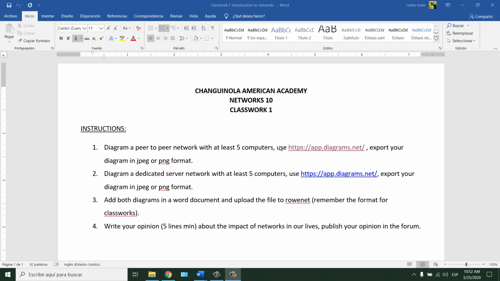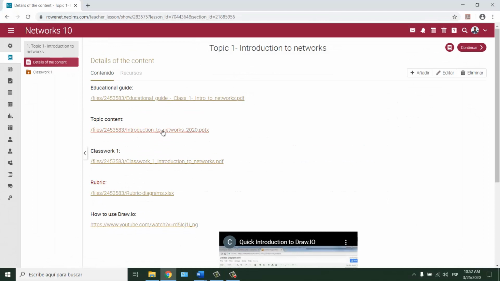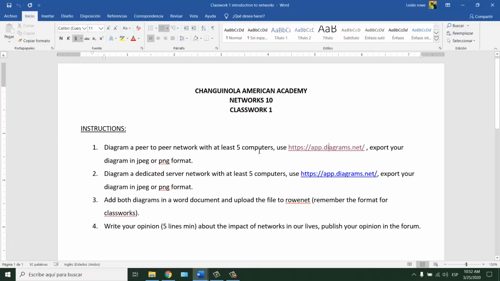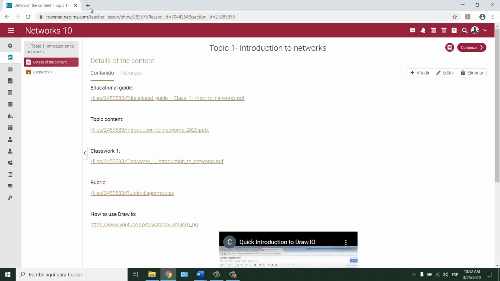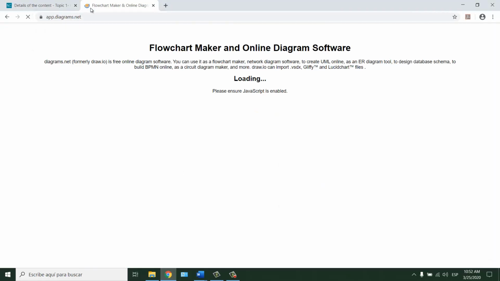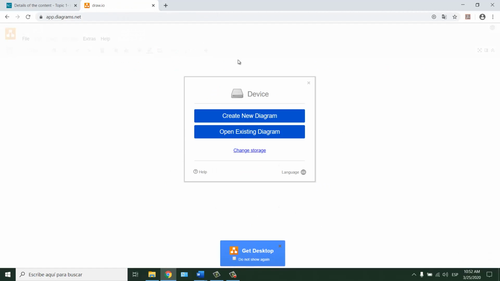But of course, first you need to read the PowerPoint presentation here to know about the topic, okay? Because it's not only to enter the classwork without reading the content, you need to read first. Okay, you need to click on this link, or you can do a copy and paste too, and you're gonna enter the platform